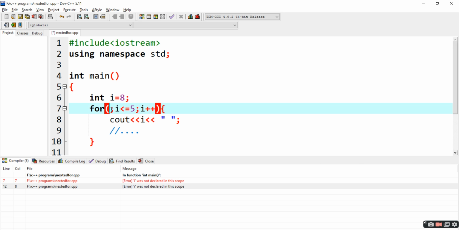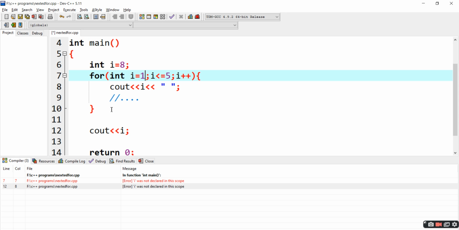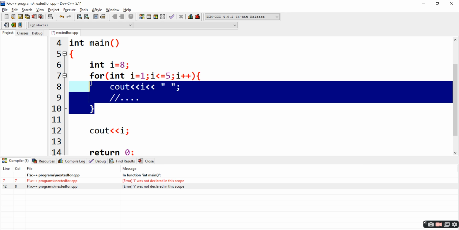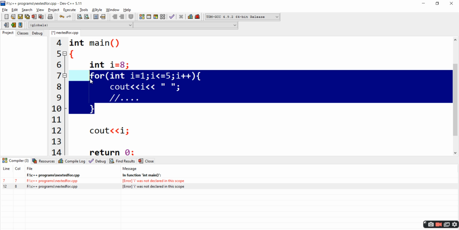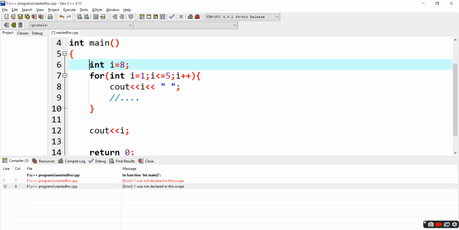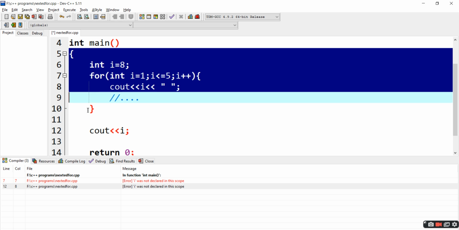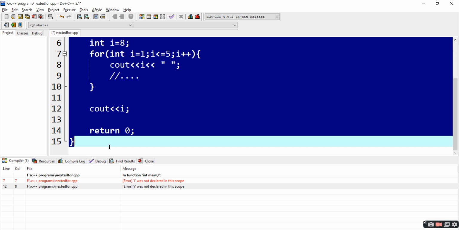But when I declare int i equals, let's say, 1 here, this i is only accessible within these braces, within this for loop. But when I declare this i outside, it can be accessed within the whole main function.